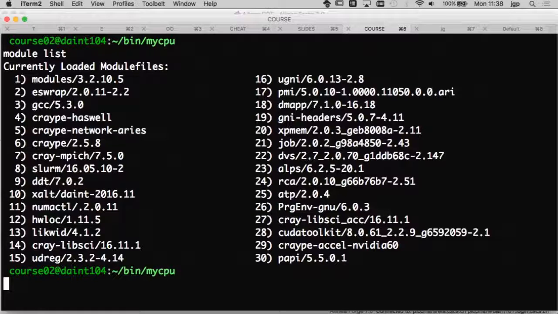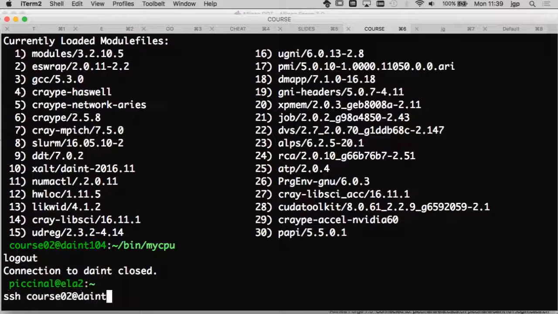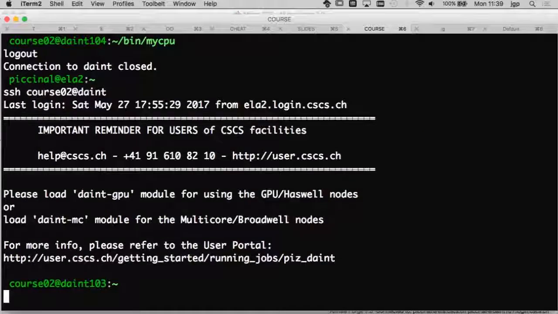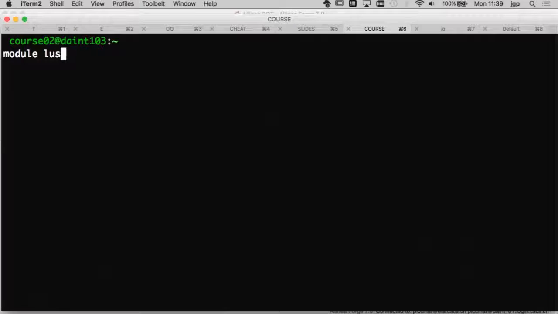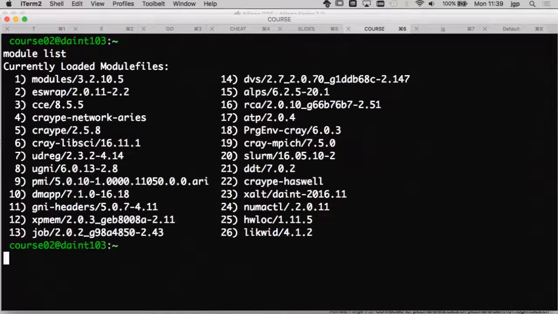It will take care of loading the right compiler and also all the different libraries that are installed by Cray and also installed by us. So if you do module list, you will see the list of loaded module files.